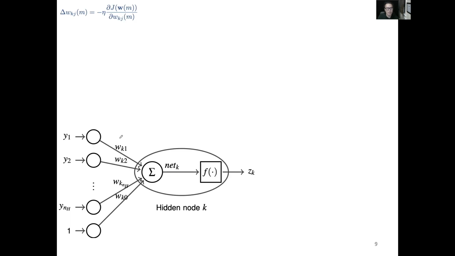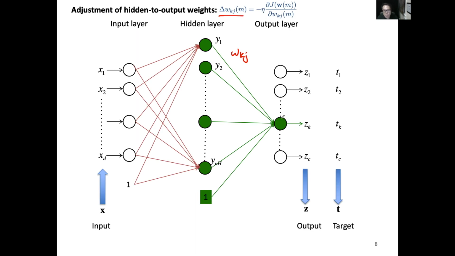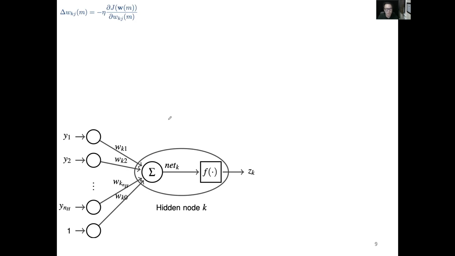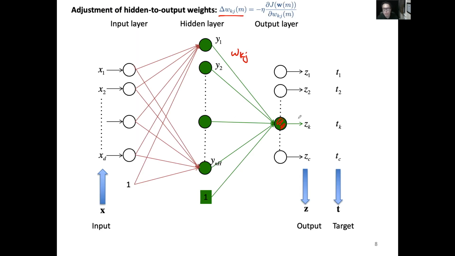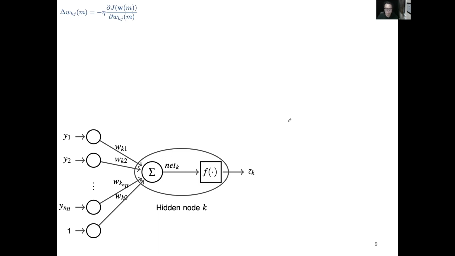So we have the outputs y1, y2, y_nh, as well as the 1, and all of them feed into this output node k. This node k is this guy. So y1 to y_nh and 1 are these guys right here, and this is Z_k. That means if you move this Z_k, for example, when you pick Z2, you will choose this particular node. When you choose ZC, that would be this particular node. So now I just focus on node k,